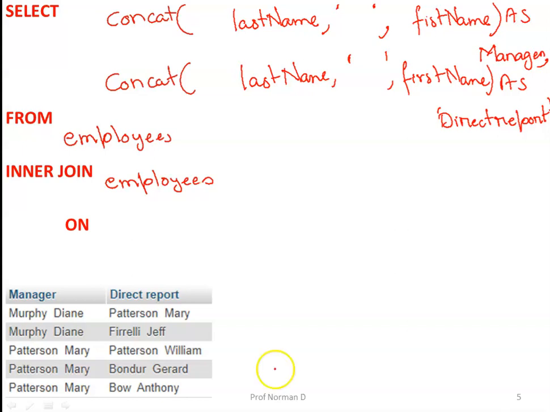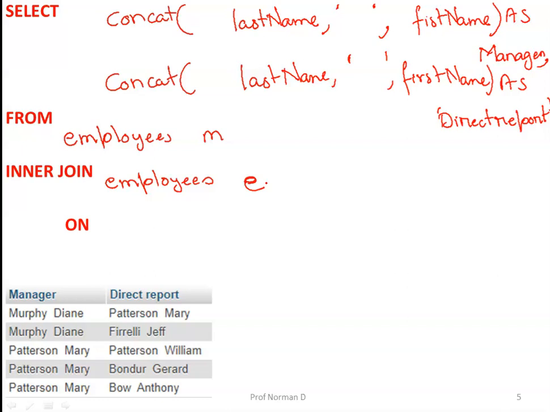So I rename both the tables as E and M, or M and E. So two instances of the same table, one with name M and one with name E.